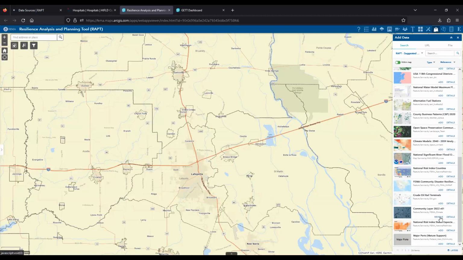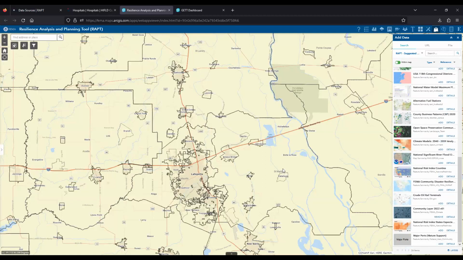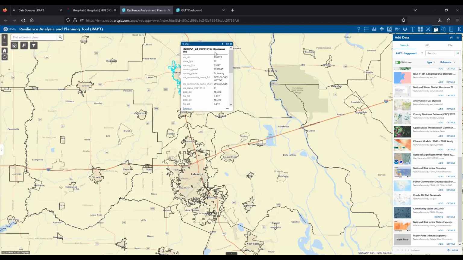We talk a lot about counties and census tracts. Well, a lot of times we're dealing with townships and villages and cities. So what this does is it adds all of the communities. If I wanted to take a look just over here, let's say at, I think this is Opelousas, I'm probably pronouncing that wrong, so don't hate me. But this is just the city right here, and now we have just the city outline.